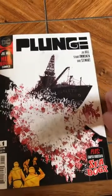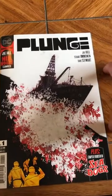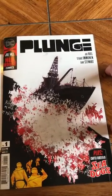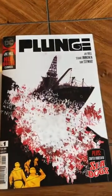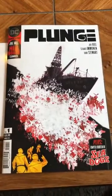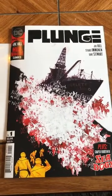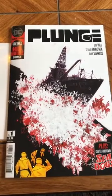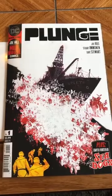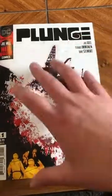And the basic premise of this story is about a ship that was lost almost 40 years ago. Somehow it comes back. It resurfaces, and the company who lost the ship hires a scientist and a salvage crew to go and investigate the ship, try to find out what happened, and recover anything that may be left on the ship to see where it was and why it disappeared. So kind of a little bit of a mystery horror type of thing going on here. And as you can see here, we'll start right here with the cover, which is by...